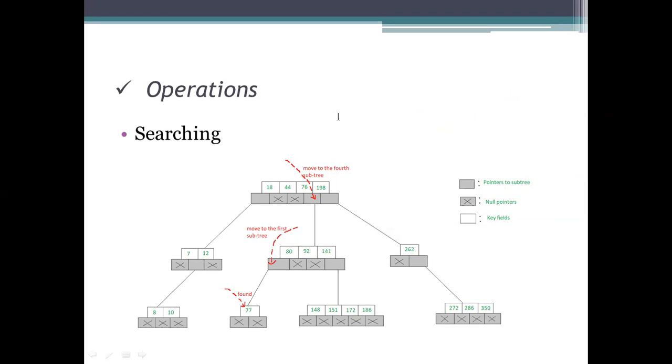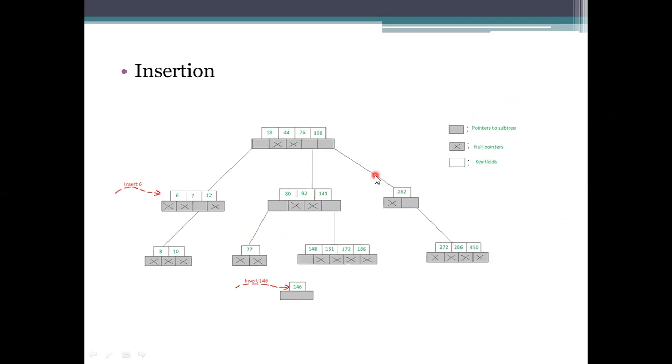If you want to insert an element into this tree, it accesses the space to be inserted. The element to be inserted here, the first one, is 6, where I have to insert. 6 is less than 18.